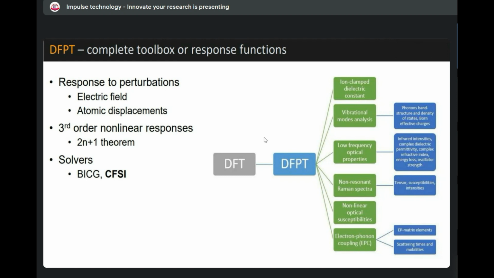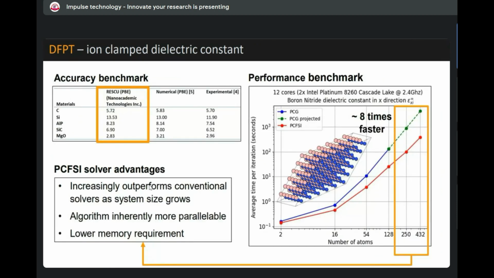Currently with the DFPT toolbox, we cover response to the electric field and atomic displacement perturbation theory, and this is important because material properties and techniques such as Raman spectroscopy are actually based on this kind of material response, and we are able to perform those kinds of simulations. One of the main advantages of our DFPT toolbox is that it has state-of-the-art solvers, BiCG, BiCGSTAB and CFSI Chebyshev filtering. Here you can see some examples of DFPT calculation,